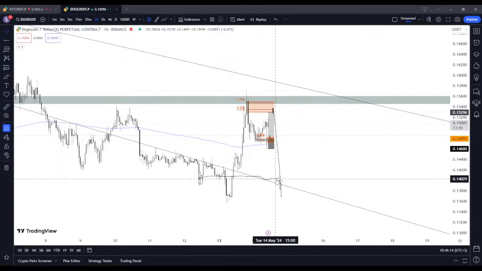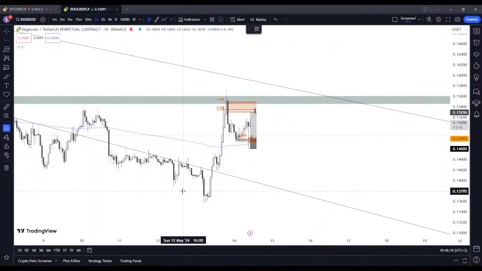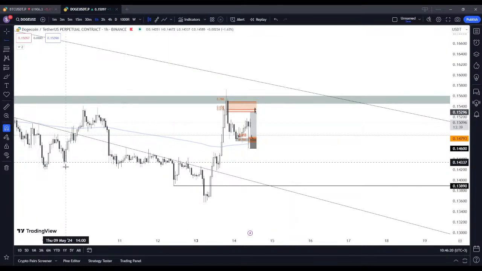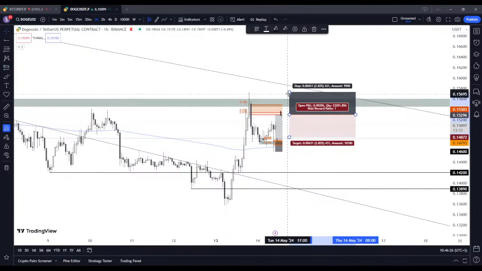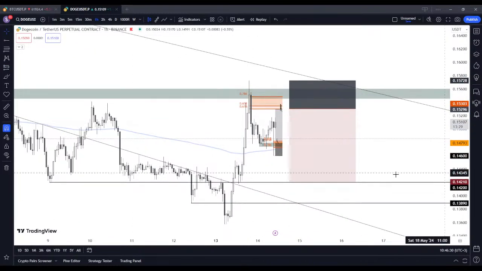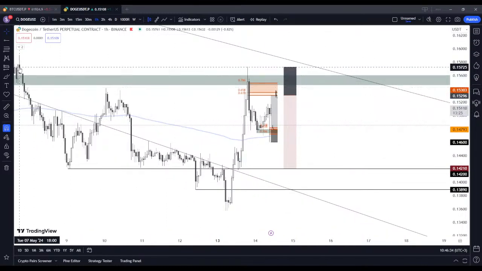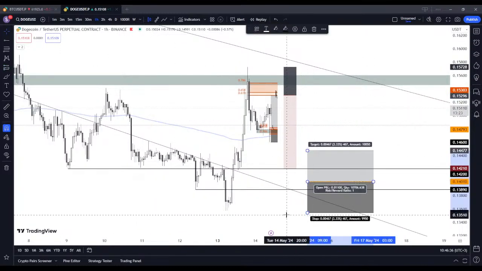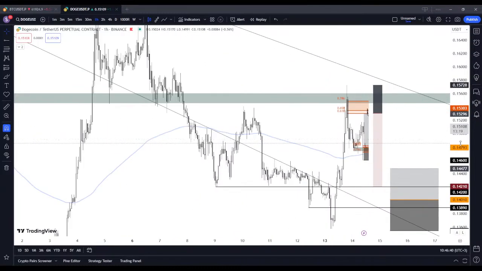I'm not sure if I want this retest, because you saw lately this sort of thing is not working anymore. So you don't want to buy the retest anymore, which is a little bit nasty, because I like confirmations, and the retest is actually a confirmation. So if I'm taking this short, I would have looked for a long in this area. In this 4-hour FVG into the previous low.